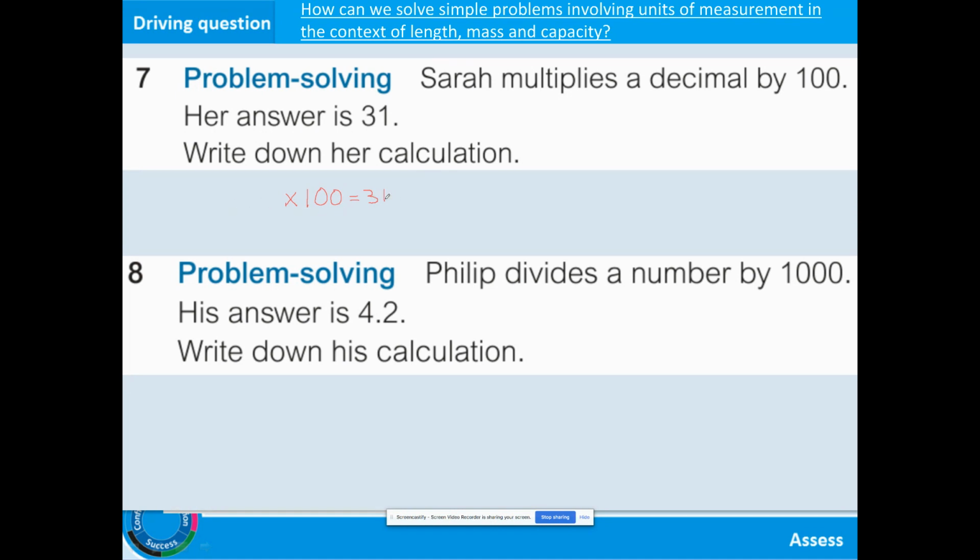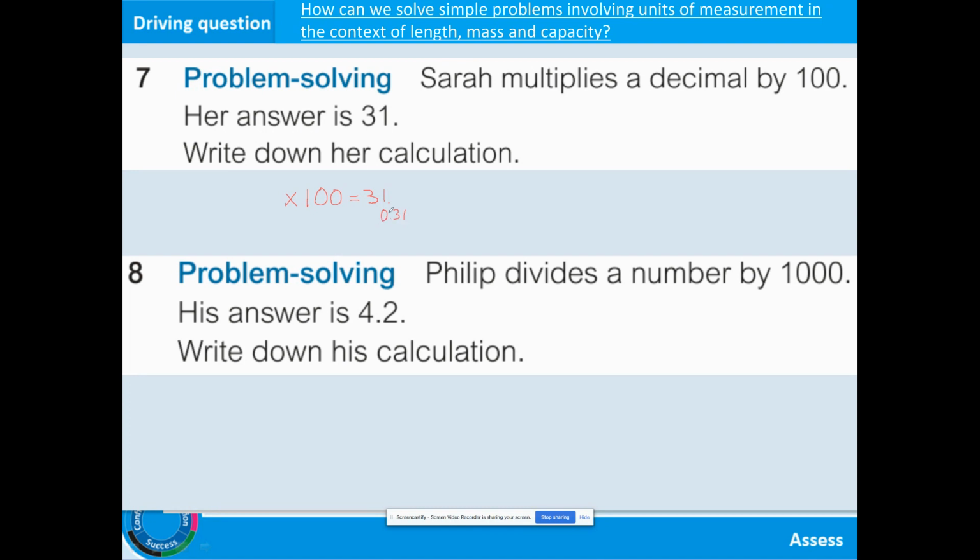So 31 divided by 100. So we're moving two places, aren't we? Now, if we're dividing, we're moving over here. So I'm just going to write it little under here just to help me. If that was my decimal point there, I need to put a decimal point there and put a 0 in front. Let's just check. I'm going to divide by 100, which is 2 zeros. So I'm moving two places. So I've gone from here, 1, 2. From here, 1, 2,